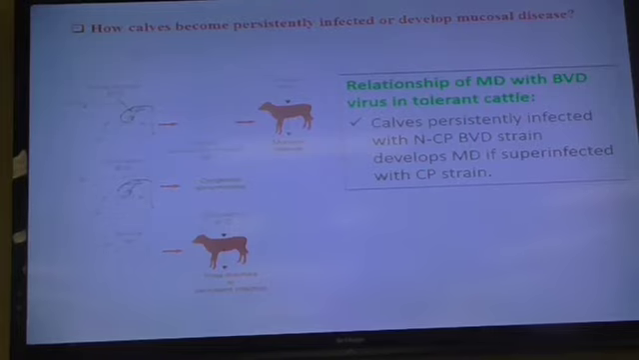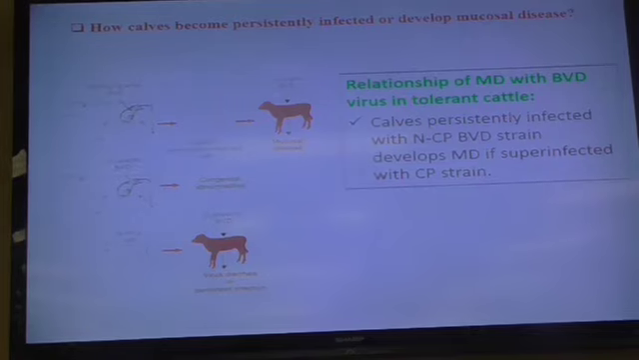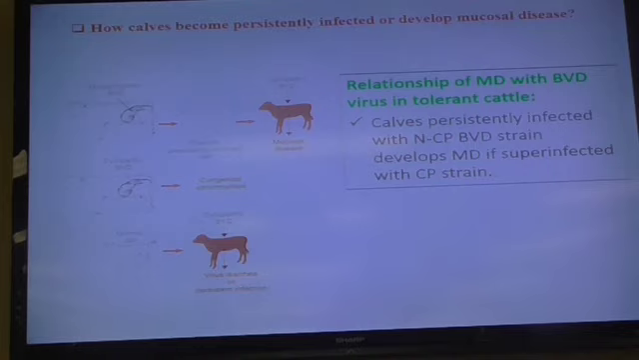And if the embryo was infected with the cytopathic biotype, then during pregnancy the abnormalities develop, because the cytopathic virus is more severe than the non-cytopathic in relation to infectivity. So it causes these congenital abnormalities. But if the calf is born and it's not shedding the virus and it's not